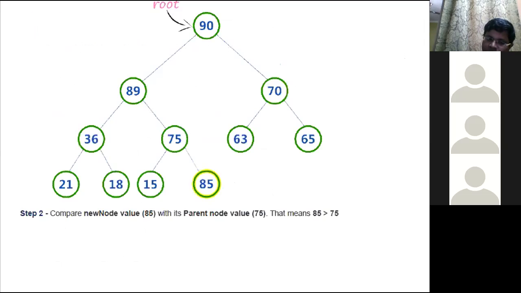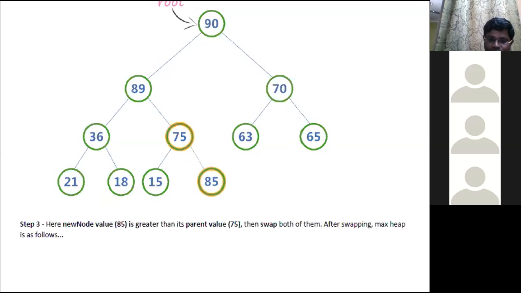But after inserting, we have to check whether the max heap property is satisfied or not. Since the 85 value is greater than 75, if we are inserting this into a max heap, then we are going to swap this value, because the parent should have a larger value than both the children. So we are swapping 75 with 85. Previously 85 was here, and after swapping, 85 is at the place of 75 and 75 comes at the place of 85. So the tree will look like this.